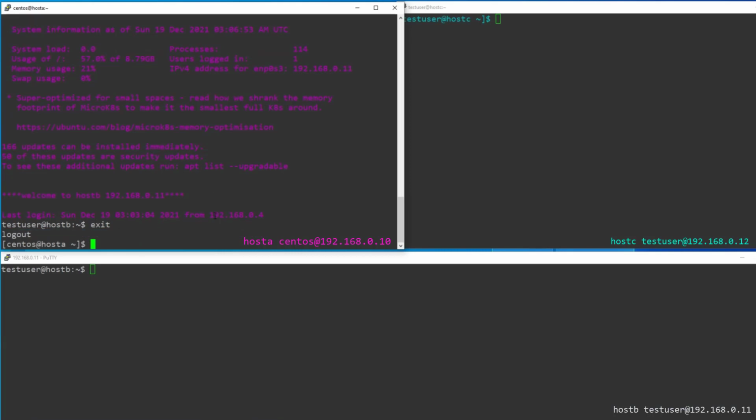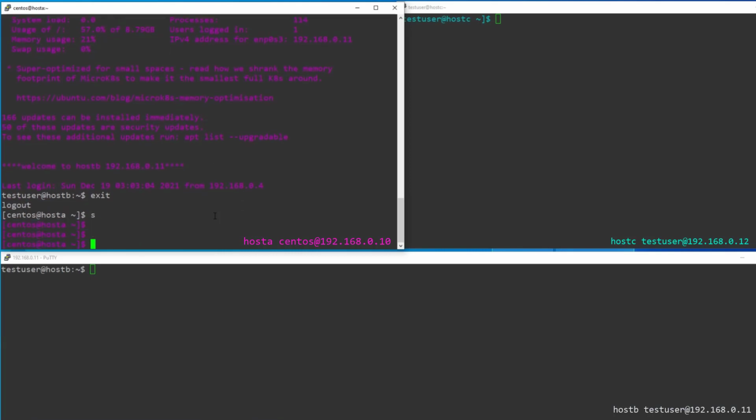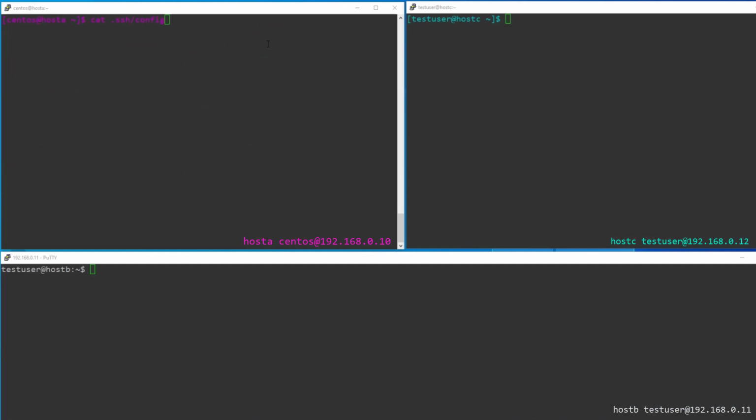So once it is done, we have already made the SSH configuration file, and we also created the passwordless authentication from host A to host B. Now let me establish the connection manually and see the successful result. ssh -J via jump host test user @host B, then remote host test user